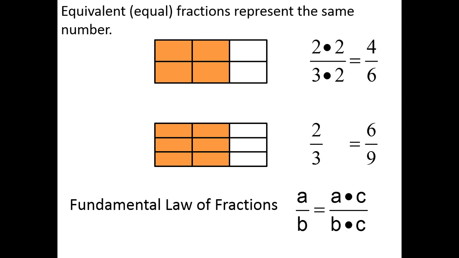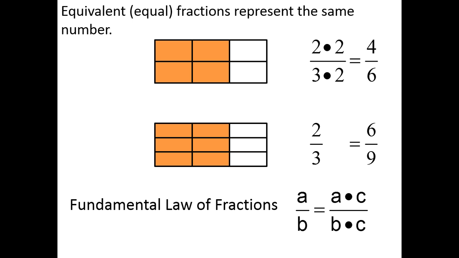And that's because we took each of the 3 equal pieces and doubled the number of pieces, and we took each of the 2 shaded pieces and doubled them as well. The other thing to notice is this. When we multiply by 2/2, we're really multiplying the fraction 2/3 by the number 1. And we know that multiplying a number by 1 does not change the value of the original number because 1